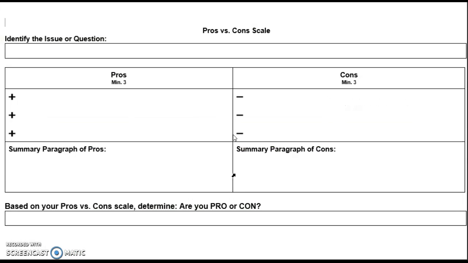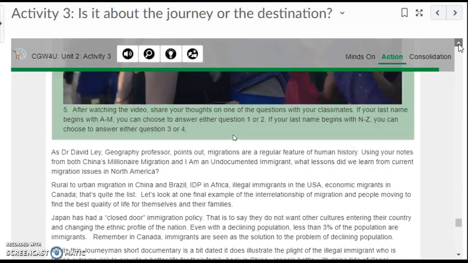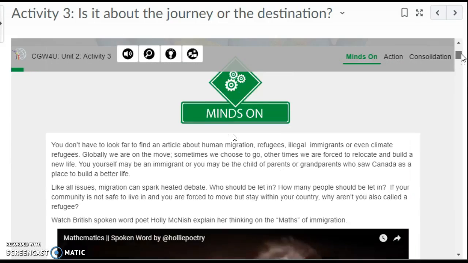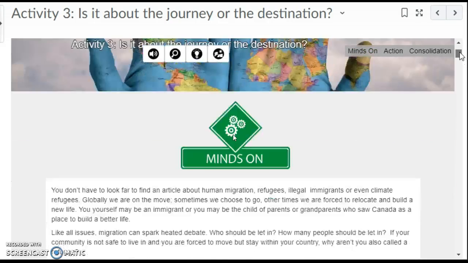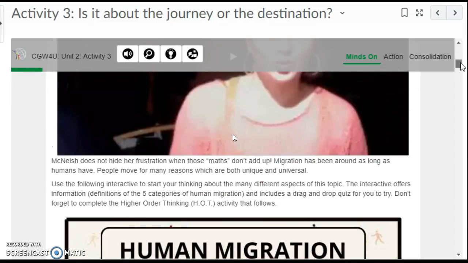And to fill this in, you're going to use the content provided in this activity to fill this in as the research that supports your opinions and the evidence that supports your opinions. And to do that, again, all you're going to do is go back through the content all the way to the beginning here and use some of these videos and activities throughout here just to support your opinion for this